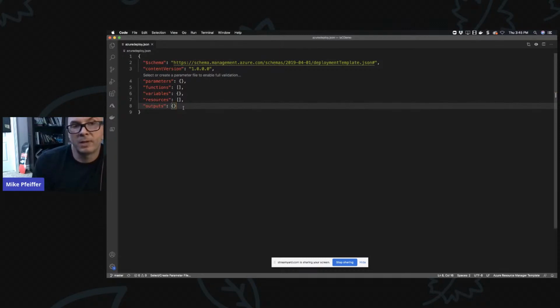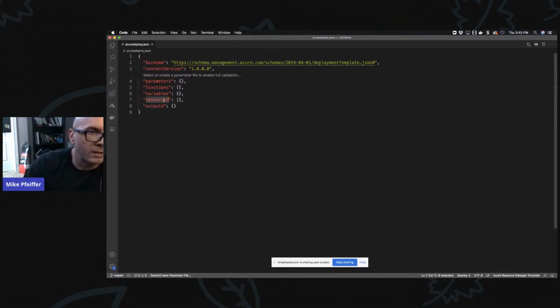Or a better example might be you spin up an Azure load balancer. The public IP address is something you would never have known before the template build started. So you can pass the output back to the operator, and you can pass that to another template. When you're chaining templates together, that's a very common practice. And again, this is a framework that you could do in multiple systems, and that's why I'm starting with this one.